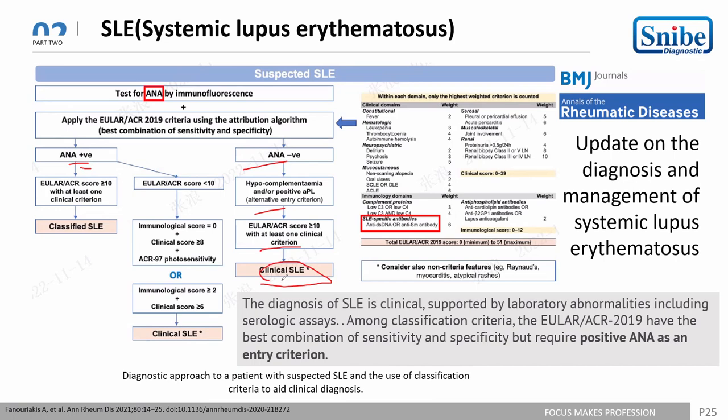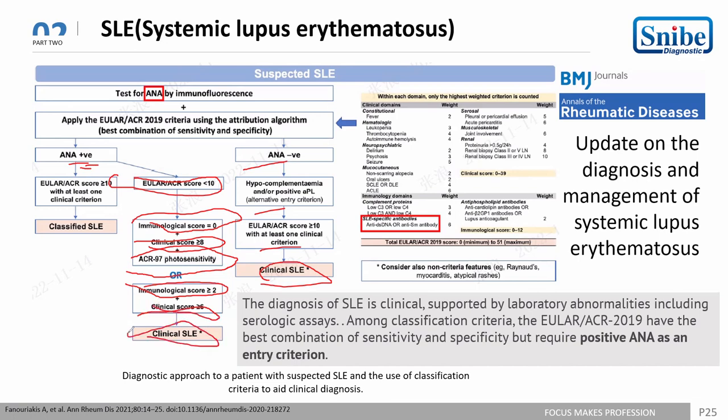The diagnosis of this SLE is supported by the laboratory abnormalities, including the serological testing, and the classification criteria for EULAR ACR 2019 have the best combination of sensitivity and specificity, but require positive ANA as an entry criterion. So if the ANA is positive, you have to go for the EULAR ACR score, which, if it is less than 10, then immunological score is 0, then the clinical score is greater than 8, ACR 97, photosensitivity, or the immunological score is greater than 2 and clinical score is greater than 6,